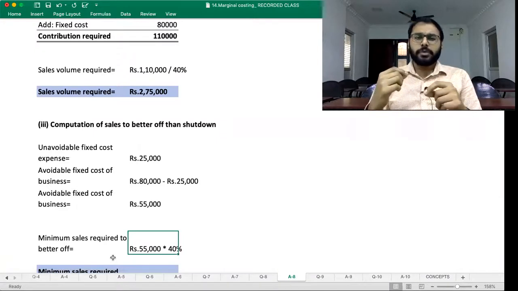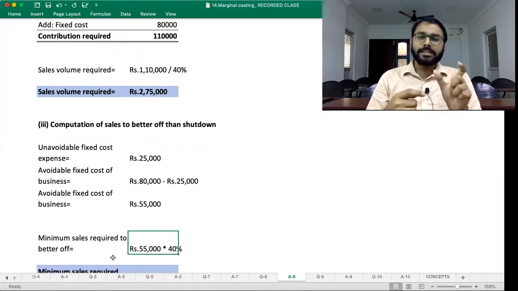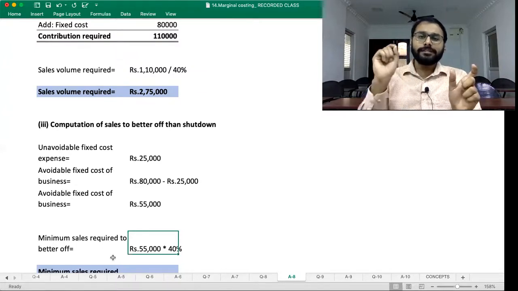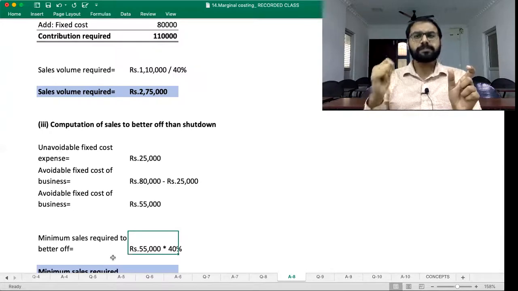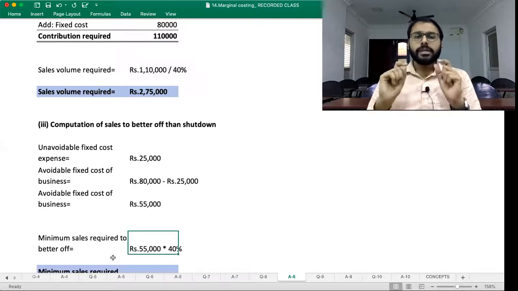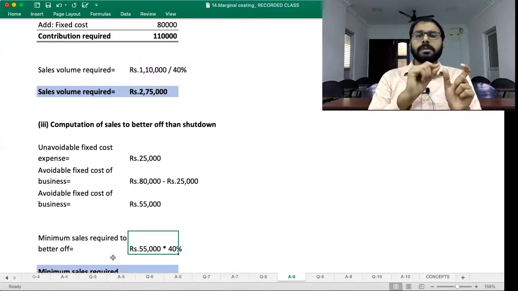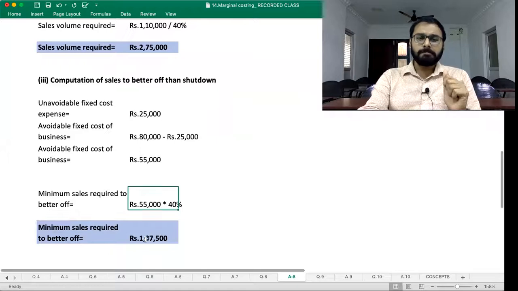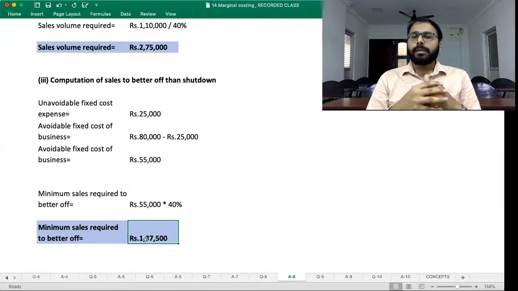Simply take the PV ratio. So 55,000 divided by PV ratio. What is this? How did this suddenly jump in? Understand, we know that the break even sale should be 55,000 rupees. We know that the fixed cost divided by PV ratio is going to be the break even point. So 55,000 is the fixed cost, and dividing by the PV ratio is going to give me the minimum sales required to be better off, which works out to